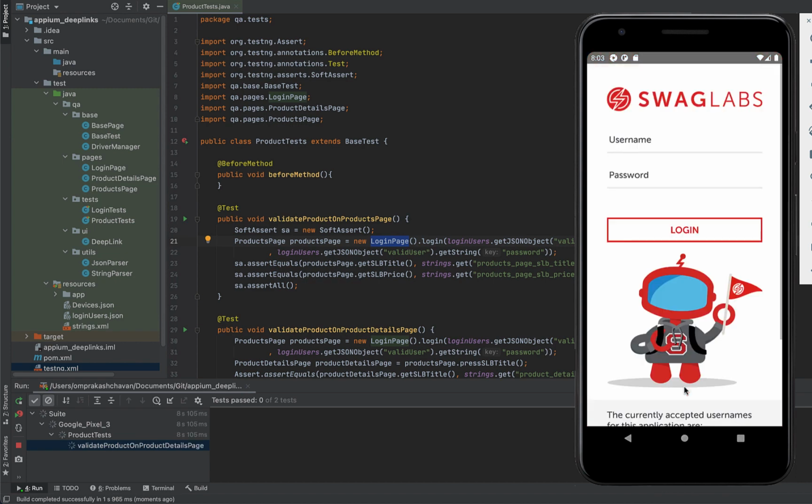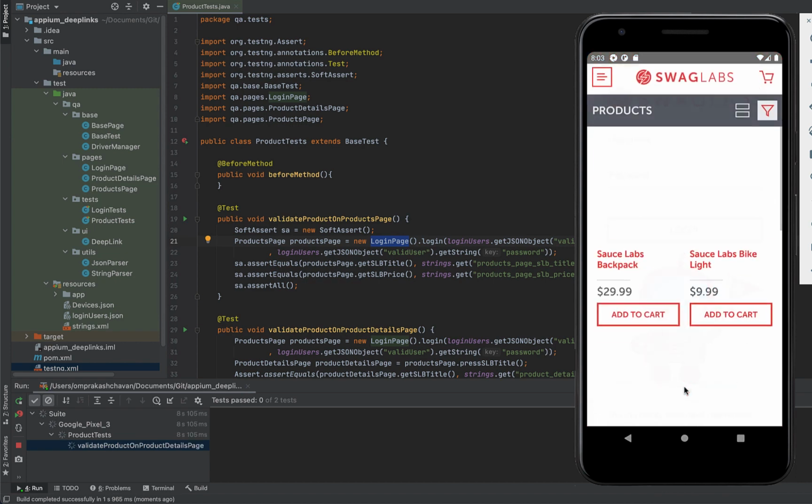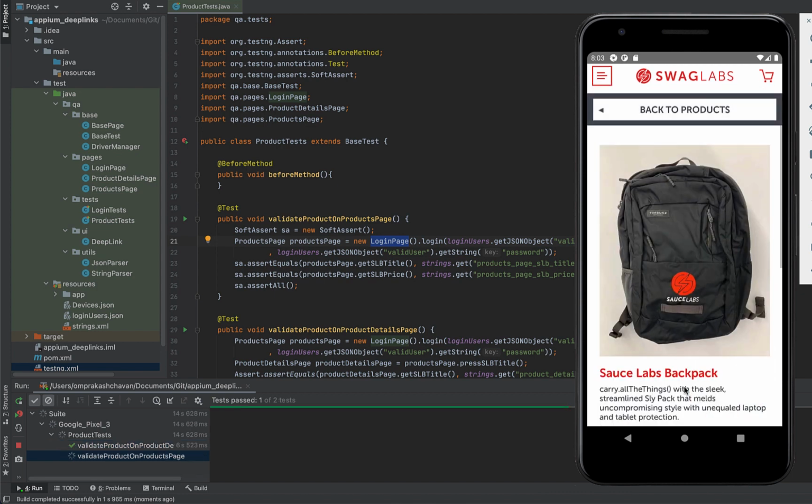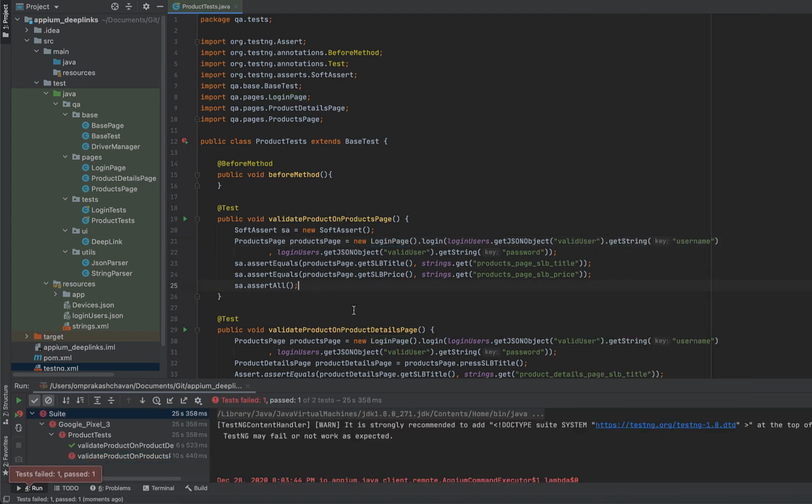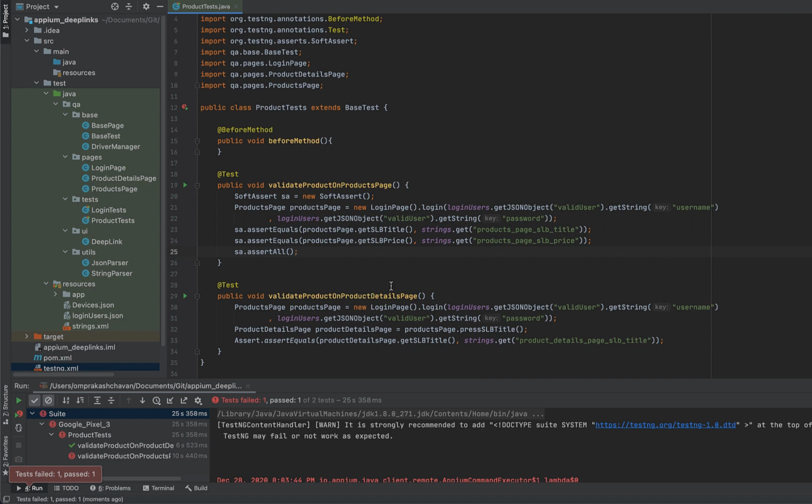So the app is launched. And now the first test case is executing and it is successful. But notice that the application is on the products page and so the second test case will fail. So in order to handle this, one option is to basically exit and launch the application again before the start of the second test case. So that way the application will be on the login page. Right? And the other option is to perform the logout in the first test case as well as perform it in the second test case.